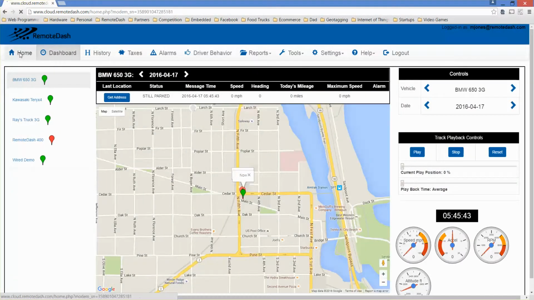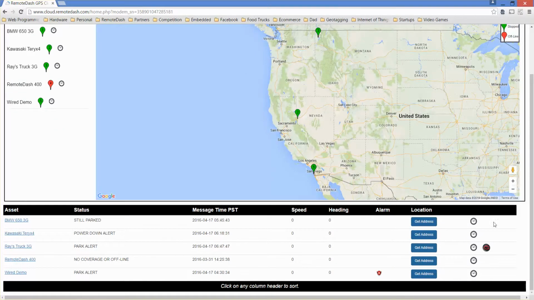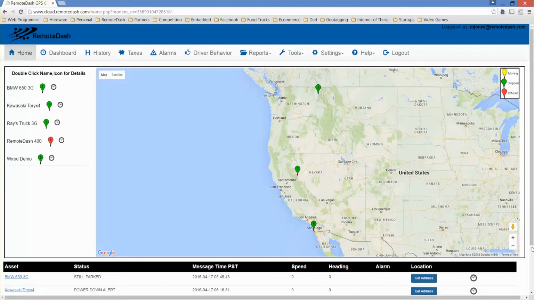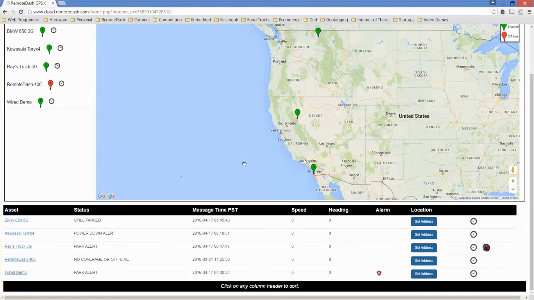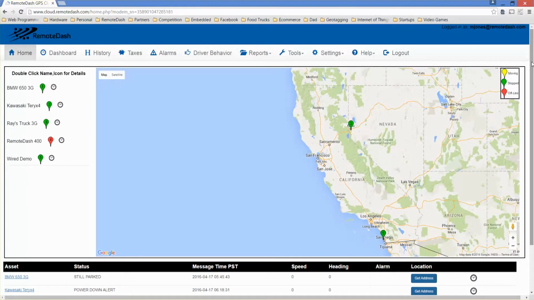I'm going to go back home. And down here we have a table, and if you click on here, you also go to the dashboard for the unit, and I'll explain the dashboard in a minute. So that's the home page. It's pretty self-explanatory. One thing that's really neat about the home page that you may want to take advantage of,